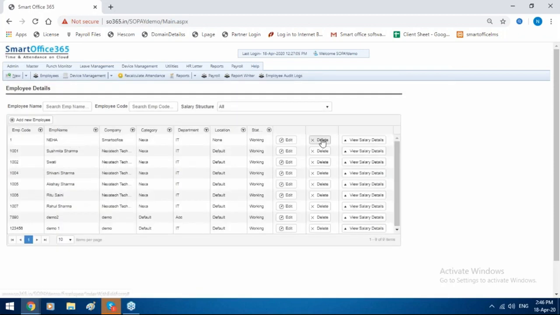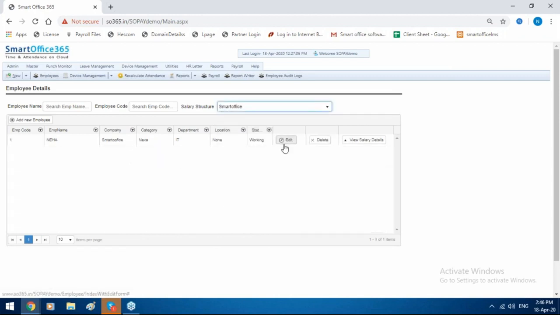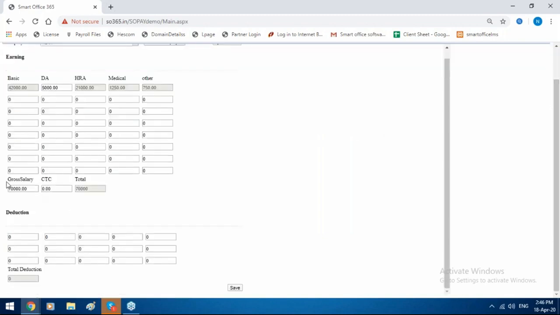Once it is there, just select this employee who is allotted. If you want to mention a theoretical salary, click here and mention the gross amount. If these are all formula based, then you can mention the gross amount, and automatically it will be bifurcated. You can import the gross through bulk also. We have a standard format, through which you can import, which will be easier for you. Second thing, this is a manual head where you can edit the amount. Just click on save.